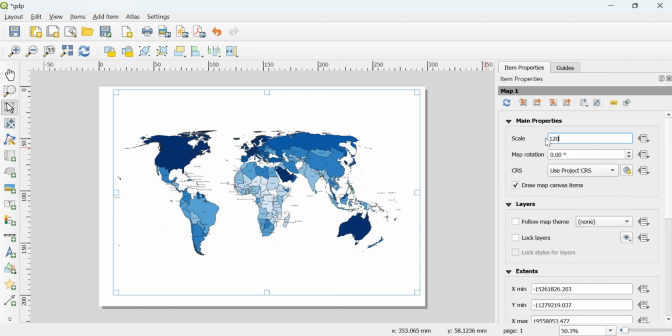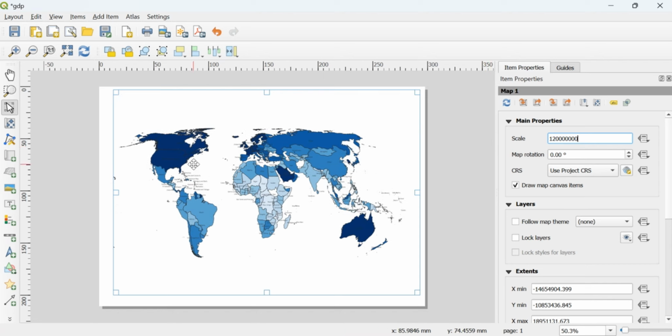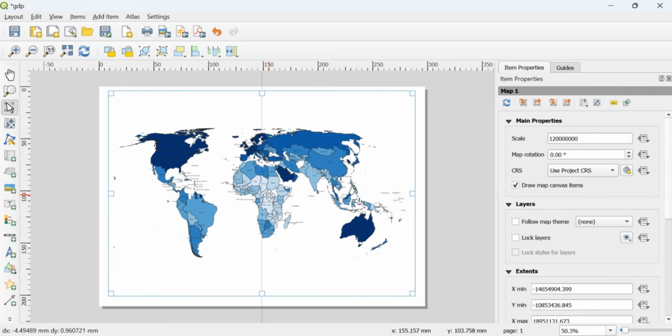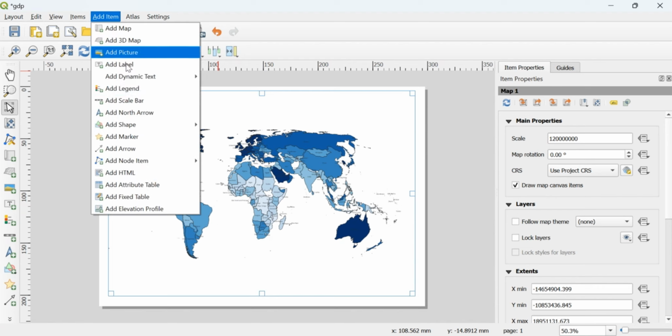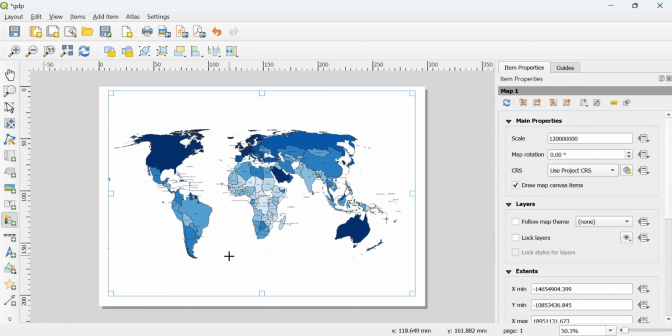I've seen that most people also try to set the scale to 120 million. I don't know how many zeros are there, but if you set it like this, then you get some effects, and then you can also add a legend to it.